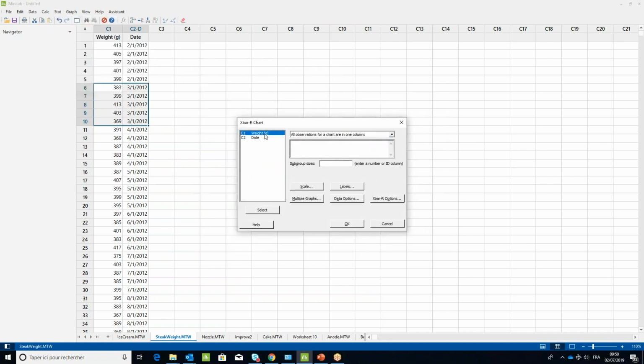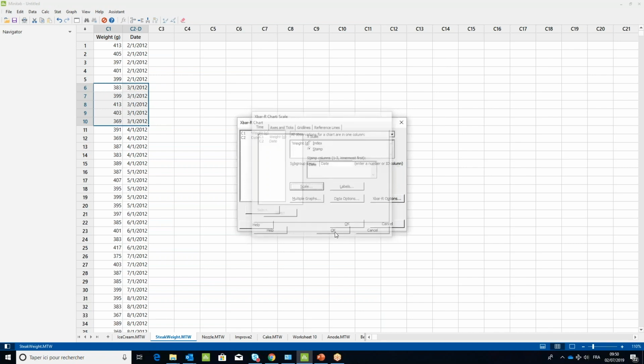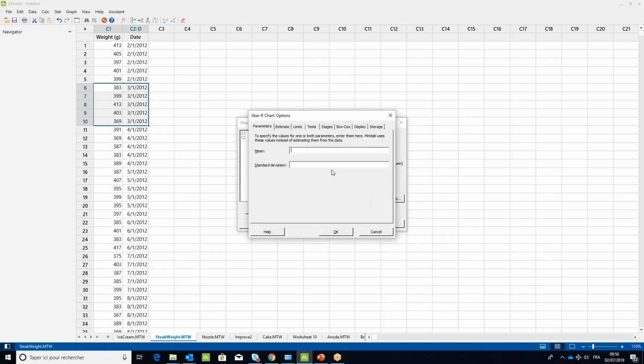In the dialog box, select Weight, under All Observations for a chart in one column, and Date in the Subgroup Size field. Click the Scale button in the new dialog box, select Stamp and choose Date in the Stamp Columns field. Click OK. Click the X bar R Options button, then type in 400 for the mean and 8 for